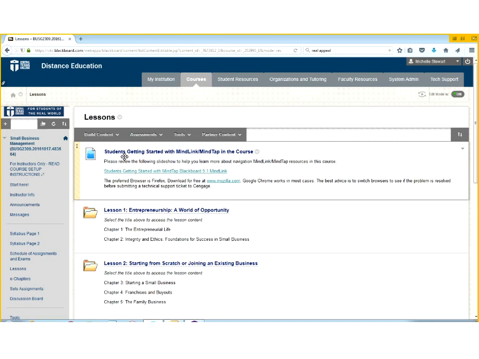You notice up at the top, before I get there, that if you have a new book, you should have a coupon for MindTap. It's important that you get the coupon and register it in MindTap. Follow those instructions and get yourself registered, because you have assignments throughout the lessons in which you have to go to MindTap. MindTap is a learning management system. You do the assignments online, and they're posted to your grade book.